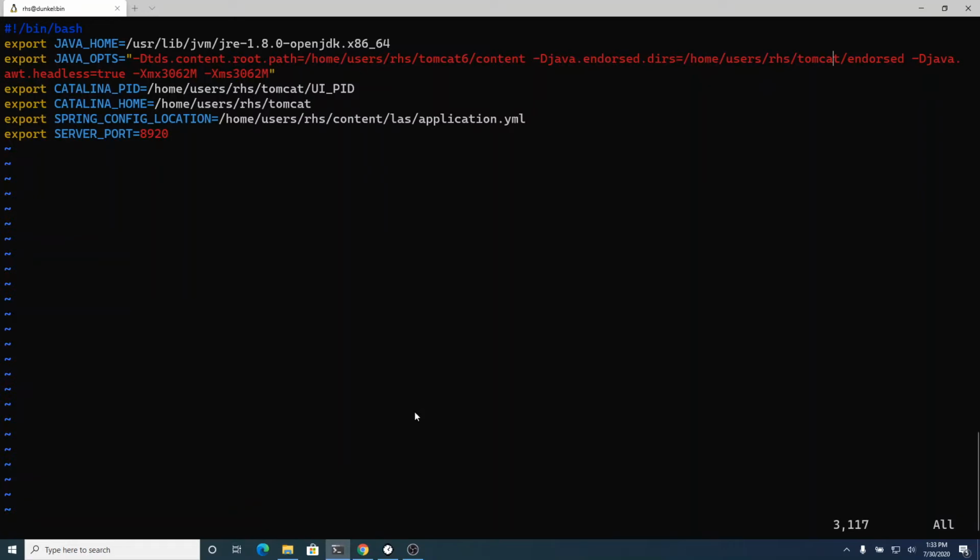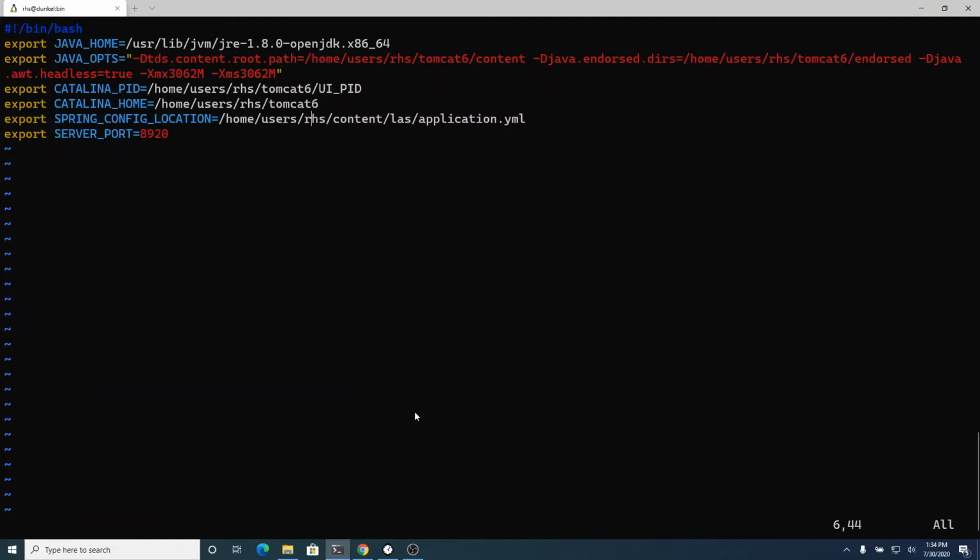This endorsed directory is part of the standard Tomcat setup. We run Java as headless, and we give it some memory for our production servers. We give 3 or 4 or 5 or 6 gigs, but you don't need to give it that much memory for LAS for just a small installation or for your testing. So we write the process ID of the running Tomcat there, so the startup scripts can use that.